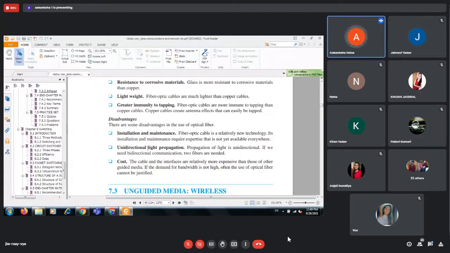And installation and maintenance, obviously, because the coaxial cable network and the twisted pair network are already in place. We started from the telephone system, and the telephone system was the biggest, like MTNL in India or Delhi. The landline telephone system was the biggest communication system throughout the world in every country. So they already had that networking in place. We have already invested so much in coaxial cable networks and twisted pair networks, and earlier cable TV networks were also in place.